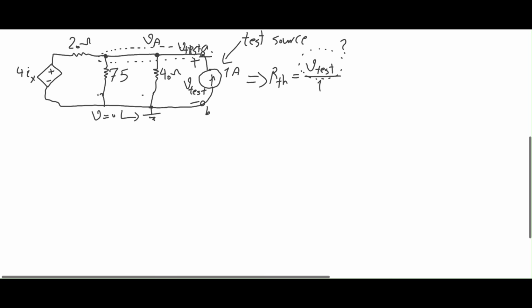And I can see there's a very big fat node here, with currents flowing out of this node going to the 75, 40 ohm and 20 ohm resistors, and this 1 amp current flows into the node. So if I call it node A and I try to find KCL at node A,